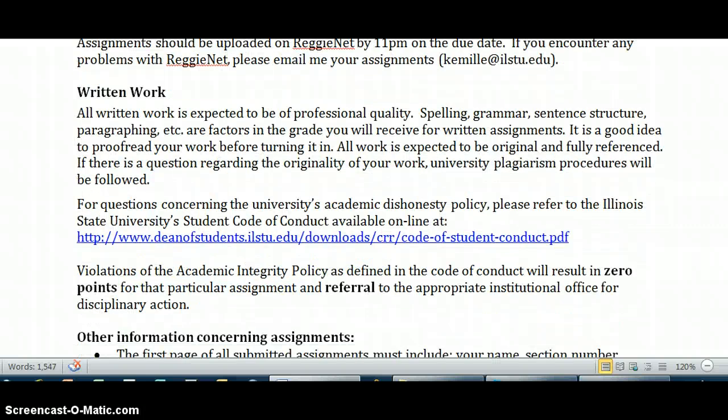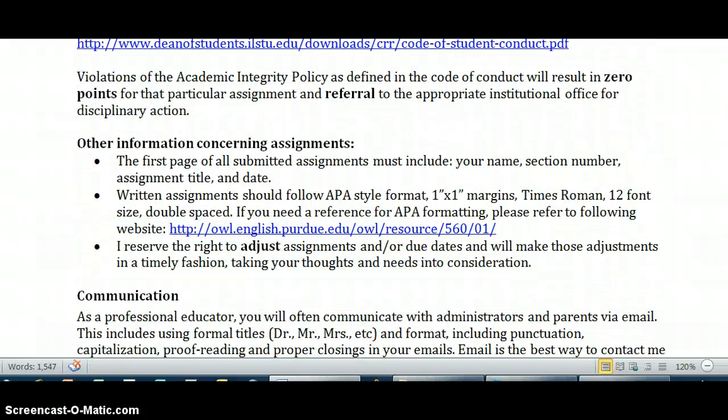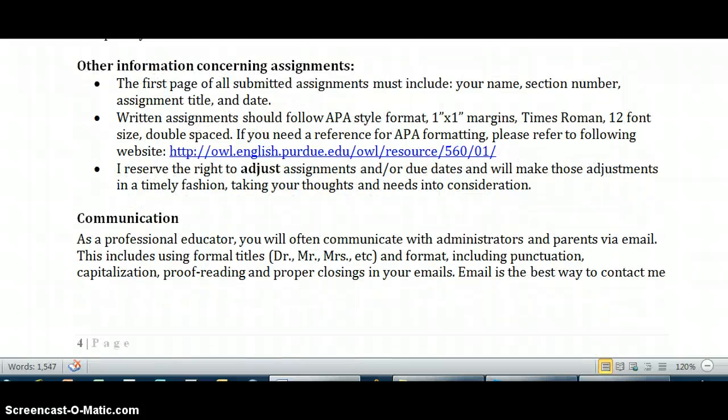Just remember that your written work needs to be of professional quality. Make sure you are proofing your work for spelling, grammar, and sentence structure, and make sure you are citing where your work is coming from. If this is not your own idea or your own words, make sure you're citing that reference. I do take plagiarism very seriously, so make sure that you are honest about where your work is coming from. I find every semester people borrow material from a lot of online sites, and it's pretty easy for me to cut and paste into Google what you've written to see if it comes up at another site. So please don't be that person who borrows somebody else's ideas. I'm just really interested in your own organic thoughts about this course.